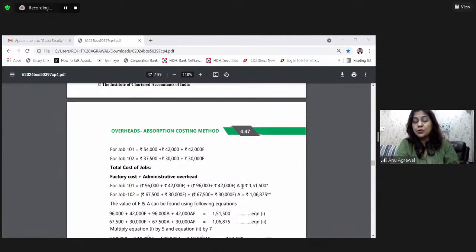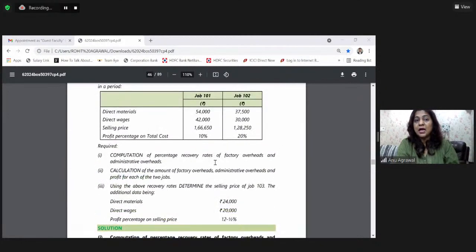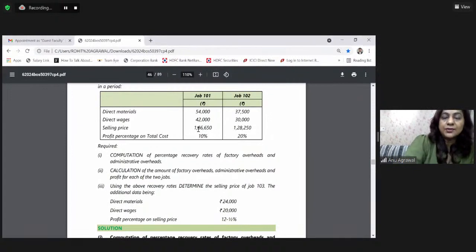And this is equivalent to, they are saying, if the selling price happens to be 166,650, and I know the profit percentage on total cost. Now this percentage is on cost and this is the selling price. So what do I do? Selling price